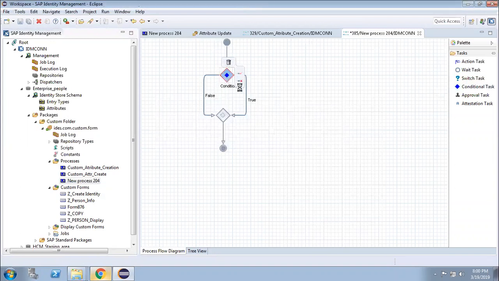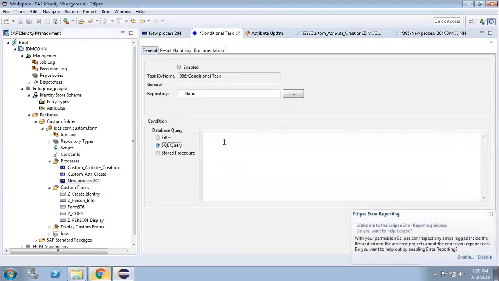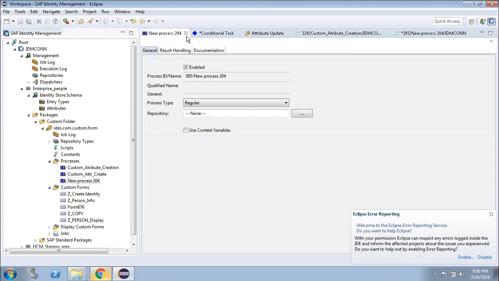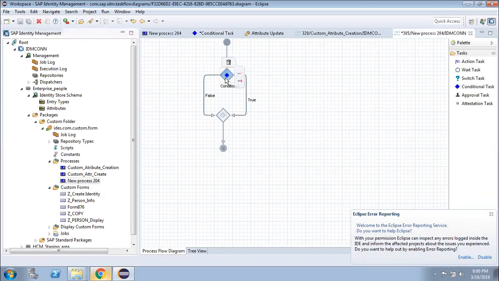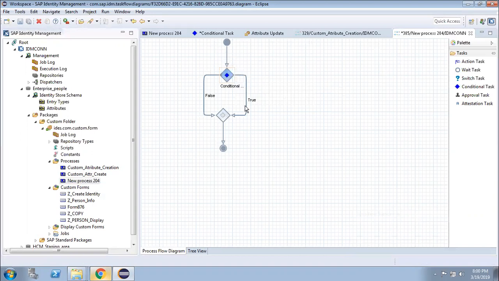Here you can put a condition in this conditional task. During your SQL query, you can put a condition, and based on your condition, the system will follow the path. Suppose you have a true path: the condition is fulfilled, it will go to the true path. If the condition is not fulfilled, it will go to the false path.